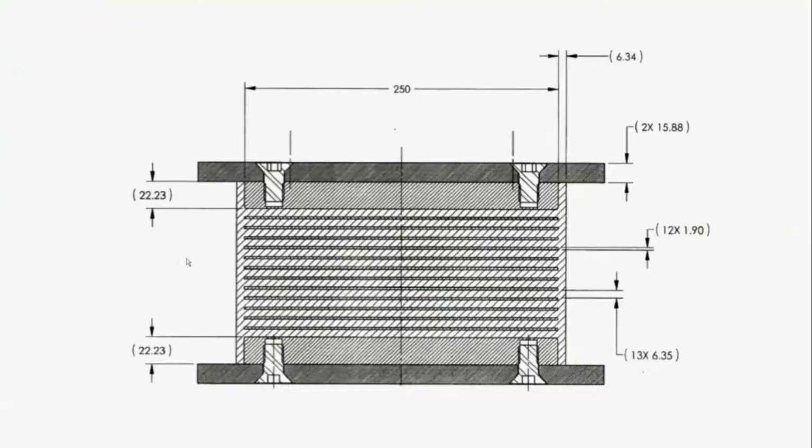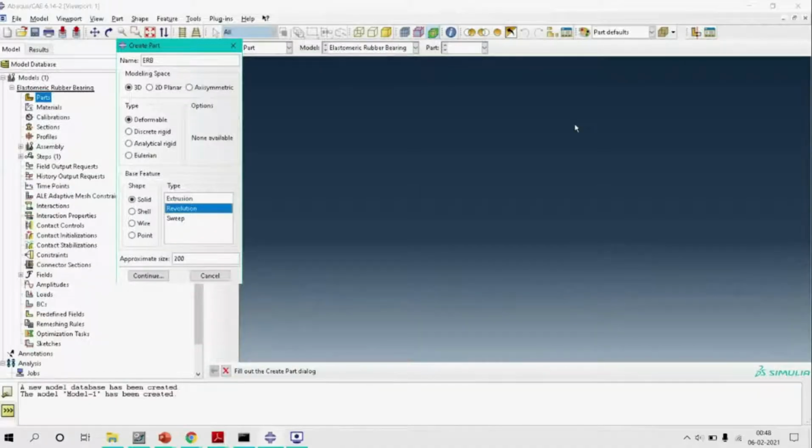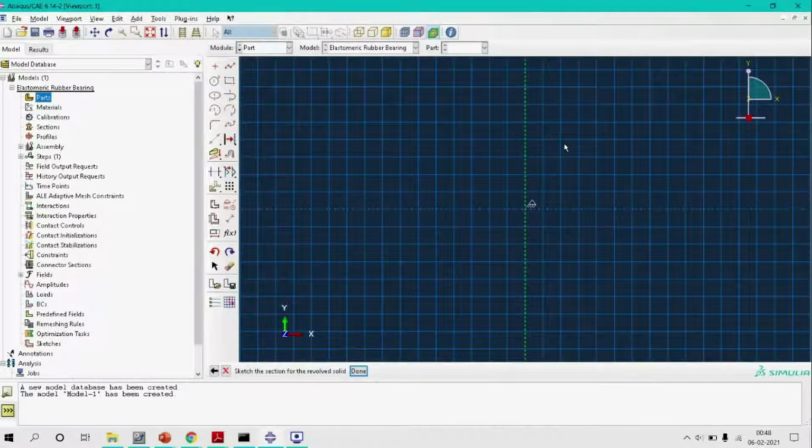From this figure we can see that the approximate size of our model does not exceed 300 mm. So assuming that all of our dimensions are in meters, let's keep this approximate size to 0.5 meter, that is 500 mm. Now Abaqus is asking us to construct the sketch of our model.